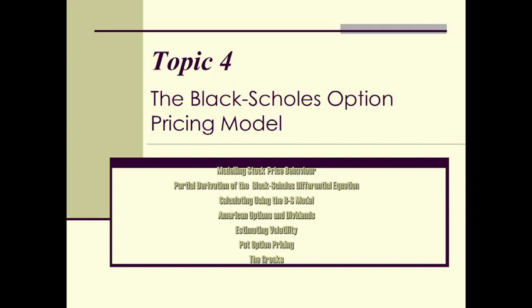Okay, so 2 weeks ago we looked at the factors that affect the value of an option, right? And then we used those same variables to price an option using the binomial model last week. And we're going to use these same variables in the Black-Scholes model again this week. Now last week when we looked at the binomial model, we made use of decision trees to determine the value of an option, and we do that by working backwards from expiration date,